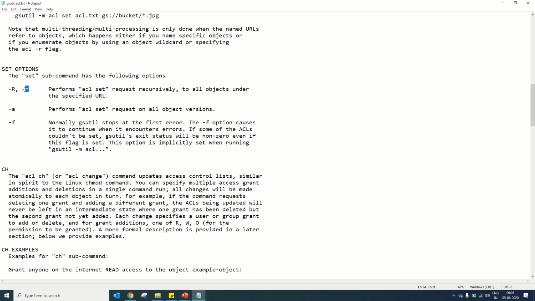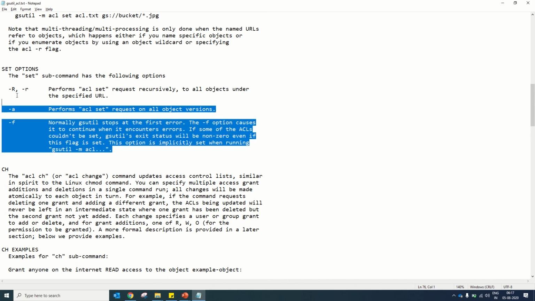That means if you mention -r and you are giving the permission to a particular user at the root level of the bucket, then all the objects and folders inside that root or hierarchy will automatically get that permission. -a is to set the request on all object versions. Next is -f. Normally gsutil stops on the first error, but when you mention -f, it will continue past the error and complete the action. These three are the options for the acl set command.